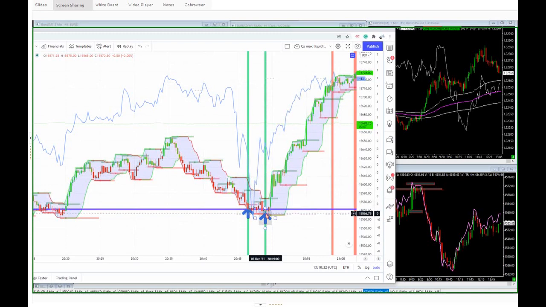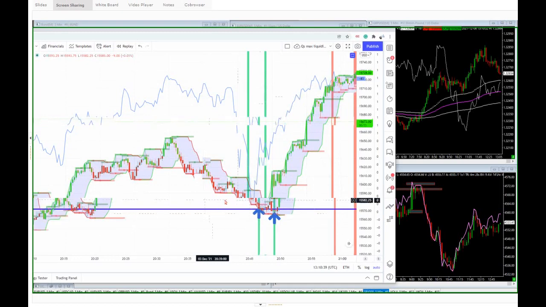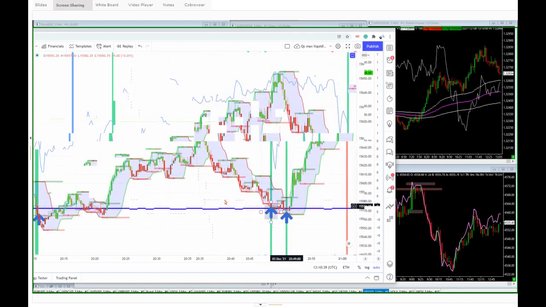$3,200 per contract in the last 10 minutes. In the last 10 minutes. That is crazy, isn't it? That is absolutely nuts. But you can see that Max has bottom ticked it on just about every single occasion bar one. So Max bottom ticked it here, Max bottom ticked it here, didn't bottom tick it here, did bottom